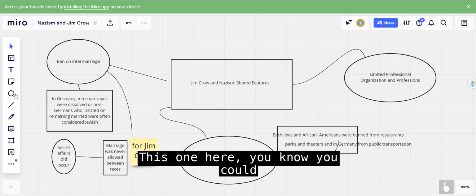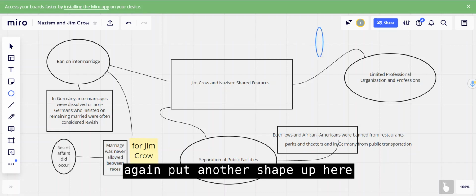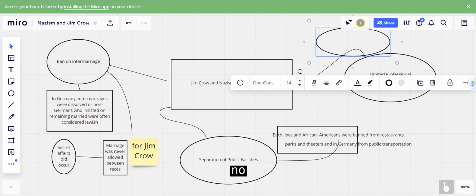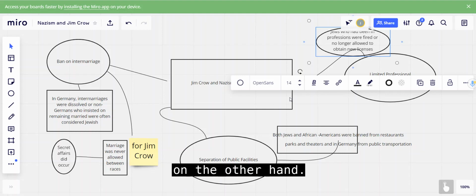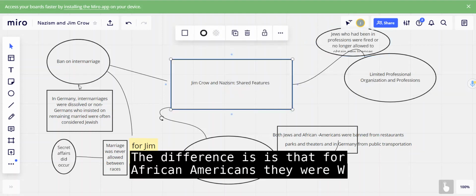And this one here, you could again put another shape up here, and Jews who had been in professions were fired or no longer allowed to obtain new licenses. On the other hand, the difference is that for African Americans,